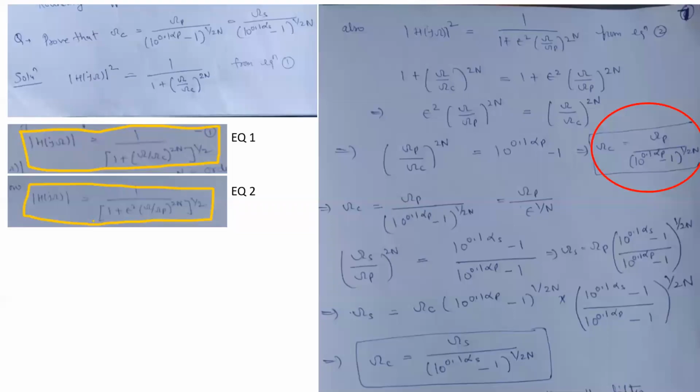Dear students, in the previous video, I started explaining the Butterworth filter design from the given specifications, and there I derived and introduced a formula to calculate the order of the filter. Also, we have seen in the previous video that the order of the filter and cutoff frequency are the two important parameters that are needed to find the magnitude response of a Butterworth type analog filter.